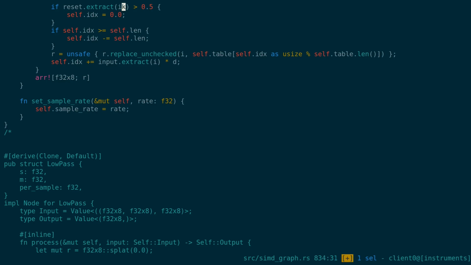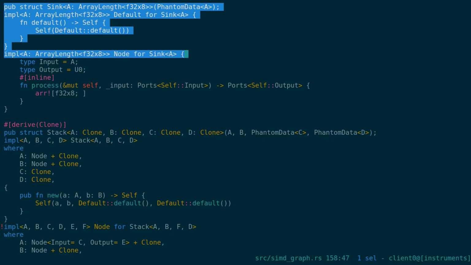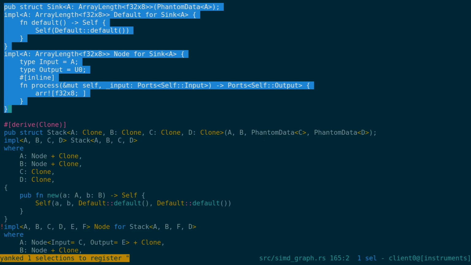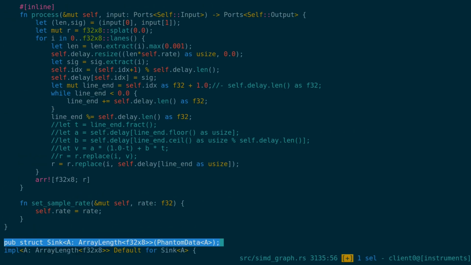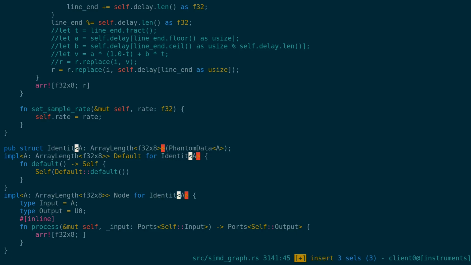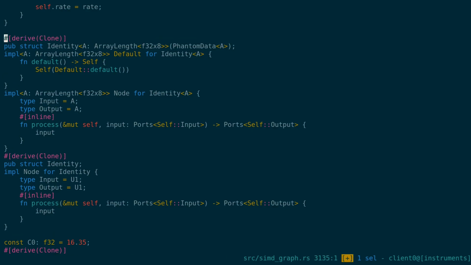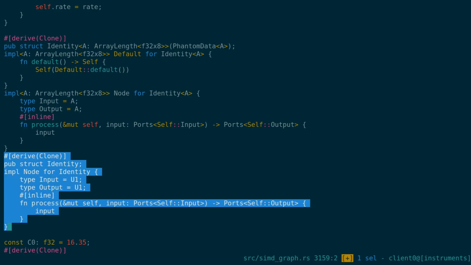If I take this, they're both A, and I do actually need this because I'm just going to pass it along. So obviously this is nothing but a type system trick,